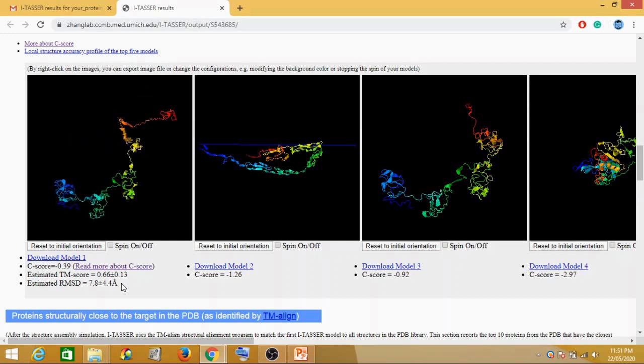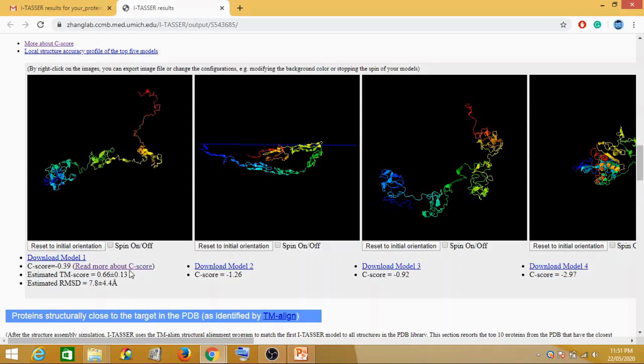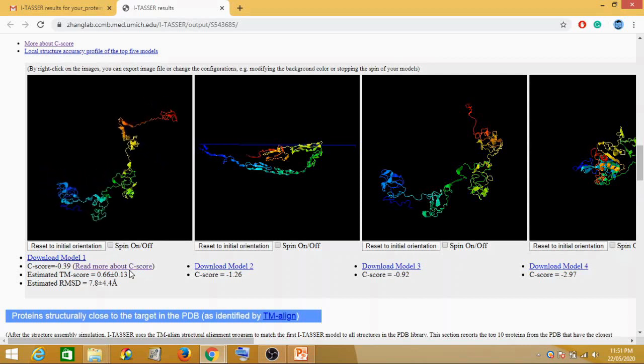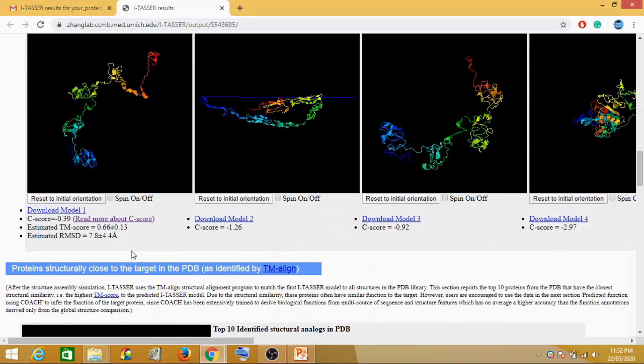error. So a TM score, if it is greater than 0.5, indicates that the model is of correct topology, and a TM score which is less than 0.17 means it is based on random similarity. All right. So in this case, the TM score shows a very good topology because it is greater than 0.5, and that's why we can say this is a good TM score. Again, now there is a third parameter, but in order to understand or see the third parameter, you have to